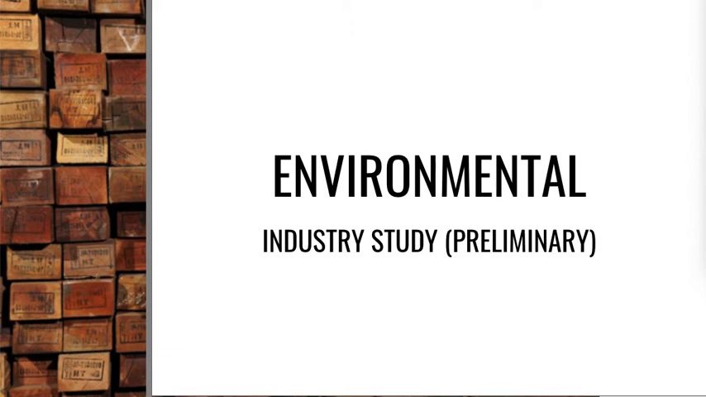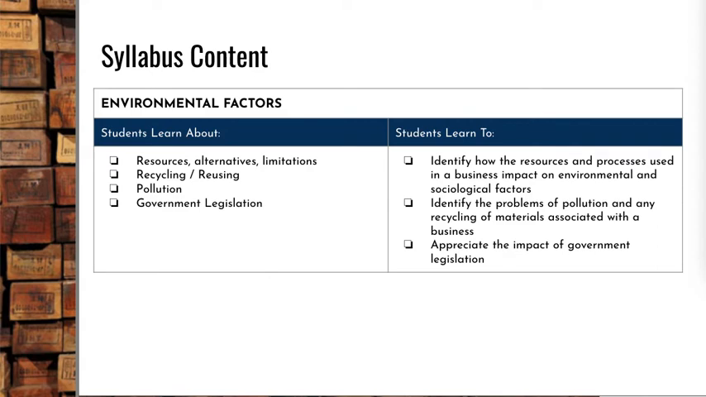Factors for the timber, products and furniture industry study for the preliminary course. In this section, you need to learn about resources, alternative resources and limitations of resources, recycling and reusing, the concepts associated there, pollution, government legislation. You also need to identify how these resources and processes are used by a specific business and the impact they